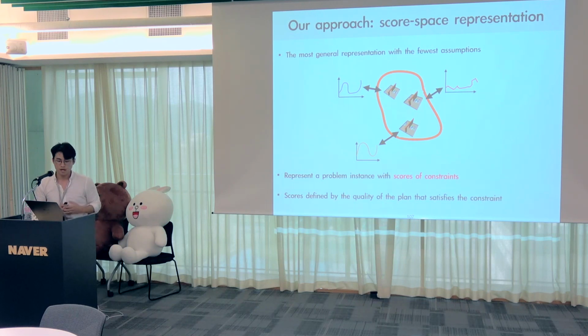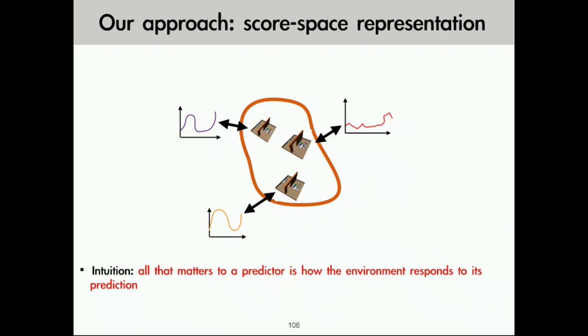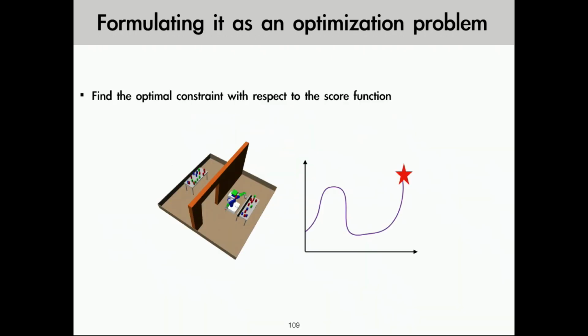So you can think about the length of a plan for when you have to use a particular robot base pose or grasp. And the intuition here is that all that matters to a predictor that predicts a constraint is how the environment responds to its prediction, not what the environment looks like, or even what the robot looks like, right? And if you have this kind of representation, then we can formulate the constraint prediction problem as an optimization